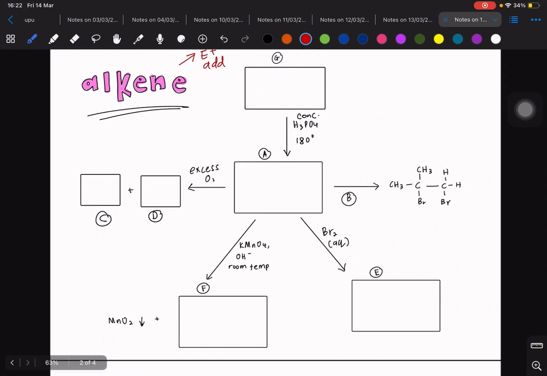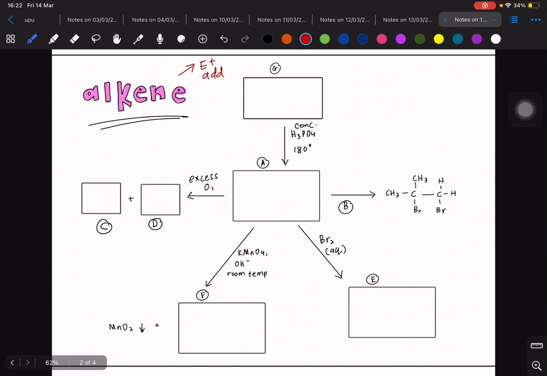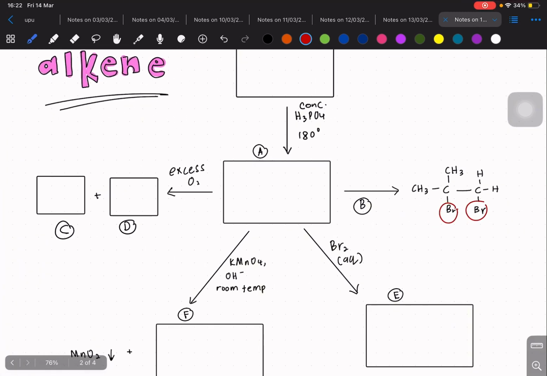So in this question, the reactant is A, but we are not given A. The only clue we have here is by looking at this compound. We know that this compound was originally an alkene. We know that Br and Br are being added here. So to know the reactant, we just need to reverse the process by removing the 2 Br atoms. So the reactant will be